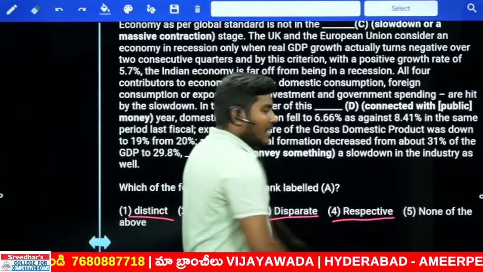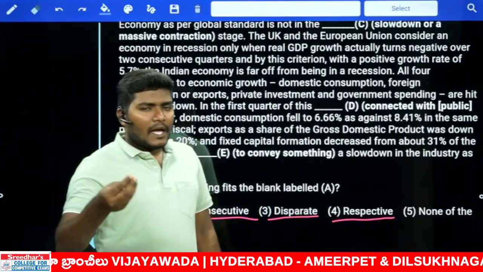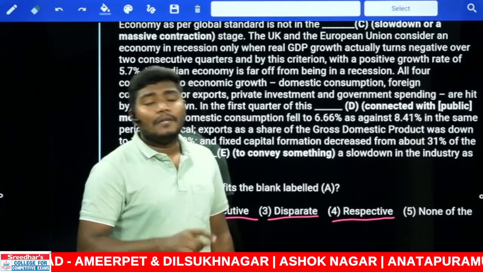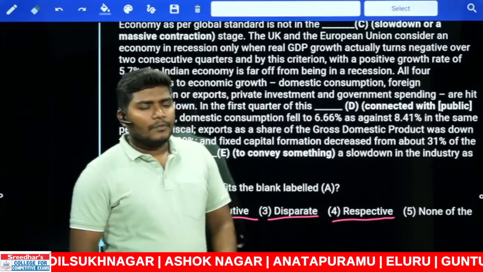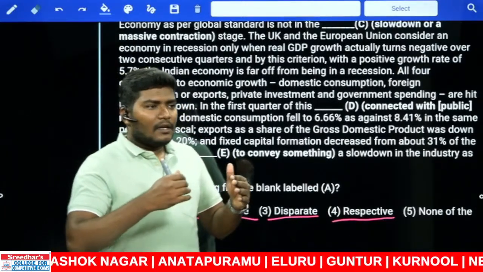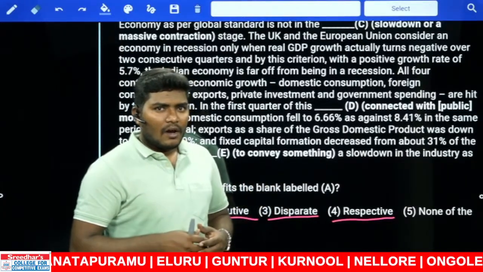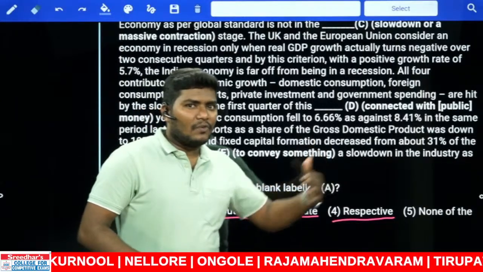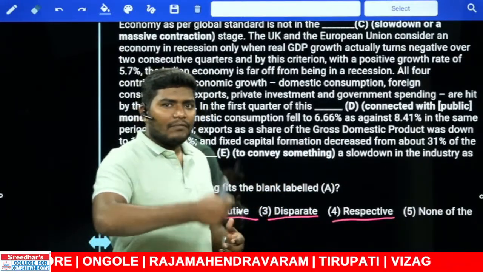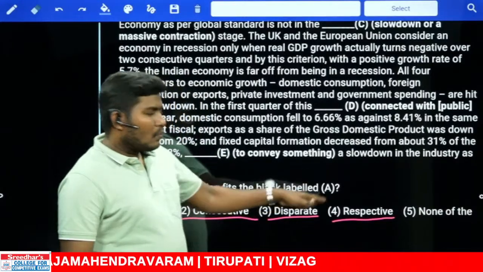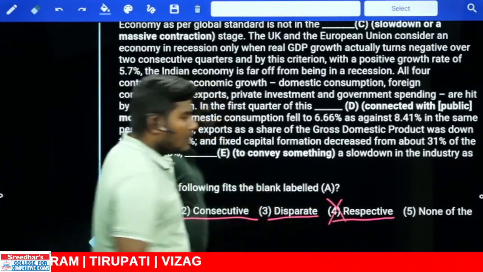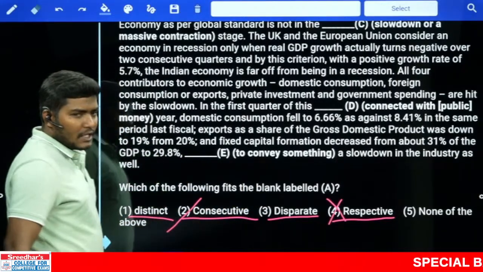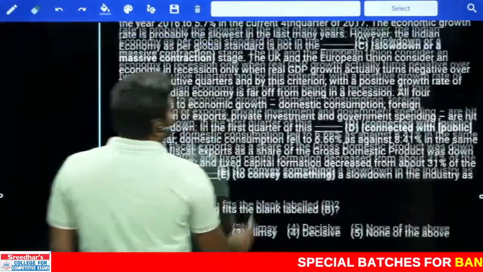Another one is what here? Respective. See, respective has a certain different meaning. There is one more word which you see in quant and reasoning: respectively. Where do you use the word respectively? In such a way where they say A, B, C have worked together, and they have got the profit of 5, 10 and 15 percentages respectively. So that means A refers to 5, B refers to 10 and C refers to 15. But there is no word respectively there. It's only respective, not possible. So we are speaking about non-stop, continuous 5 quarters. So what is the correct word that we can use? Consecutive. Okay, very simple.